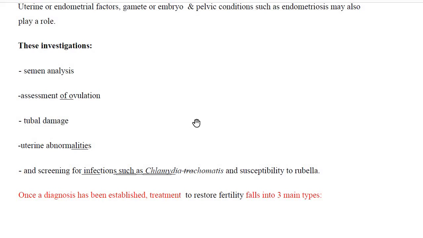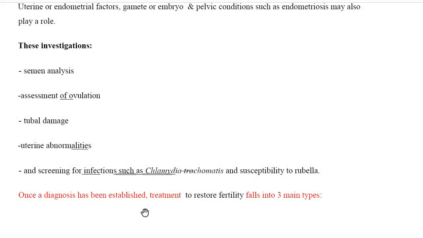So the investigations we need to do are semen analysis, assessment of ovulation, tubal damage, uterine abnormalities, and we also need to screen for STIs like chlamydia trachomatis and susceptibility to rubella infection. So once a